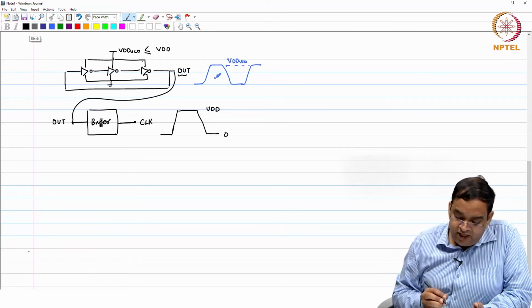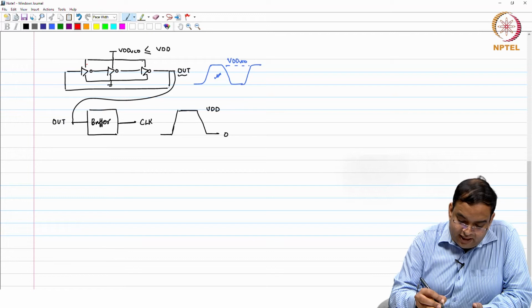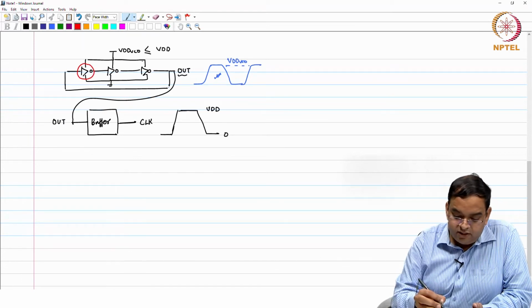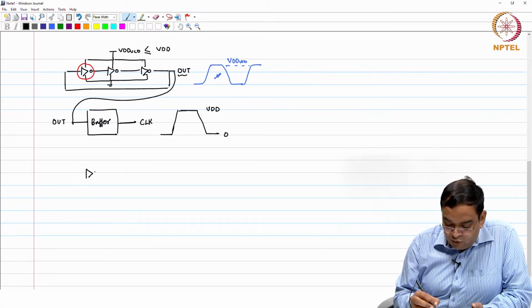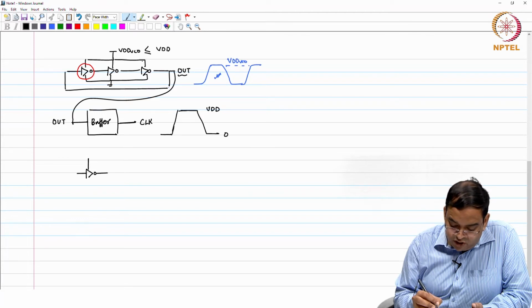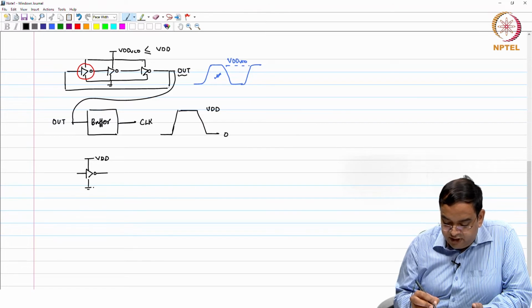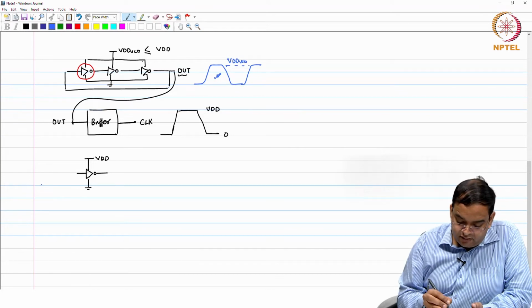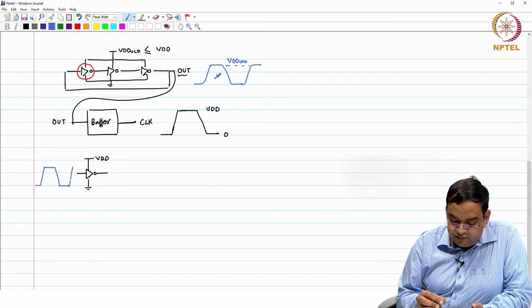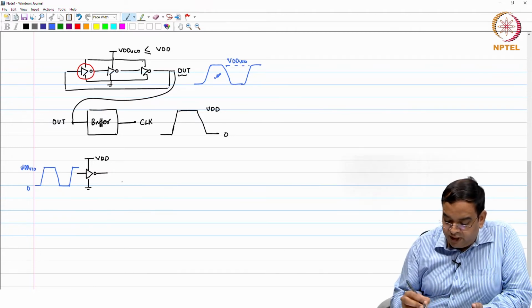Okay. So, one way to do this is the following. What we have seen here is that an inverter is used in the oscillator. So, we are going to use a similar inverter here, whose supply is not VDD VCO, but VDD itself. Okay. So, this is not a VDD. If I give any signal here at the input, whether that signal is 0 and VDD VCO or VDD, the output of this particular inverter